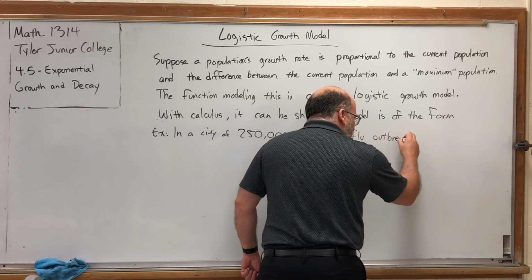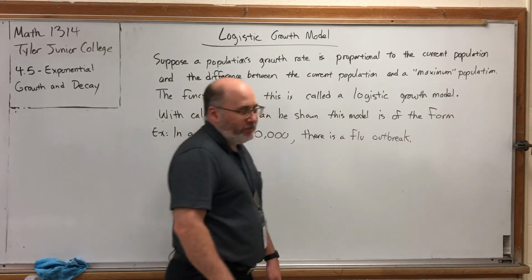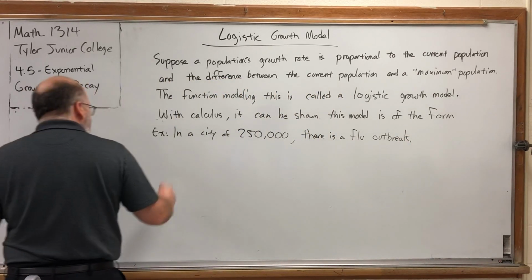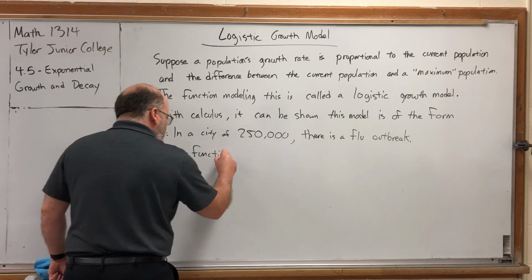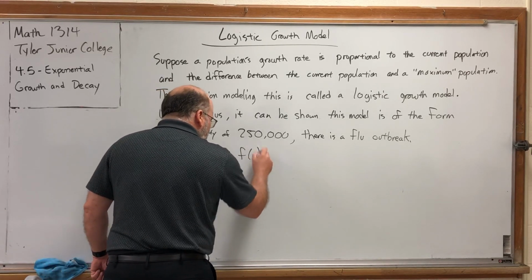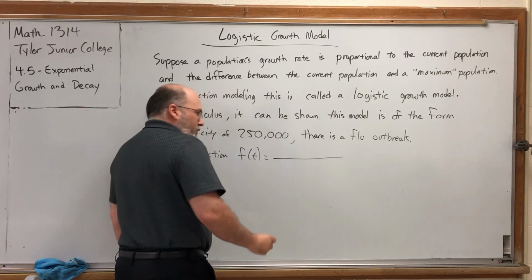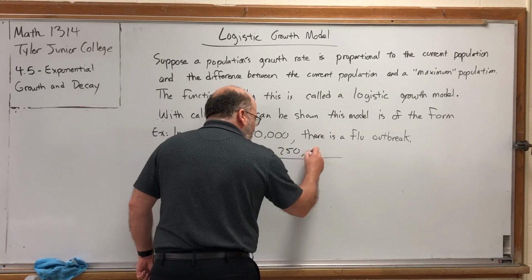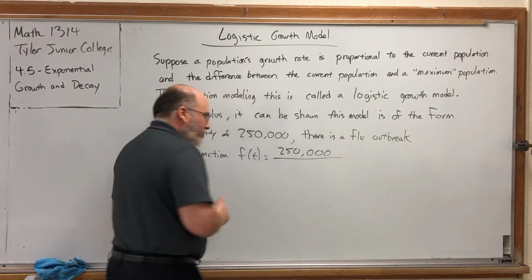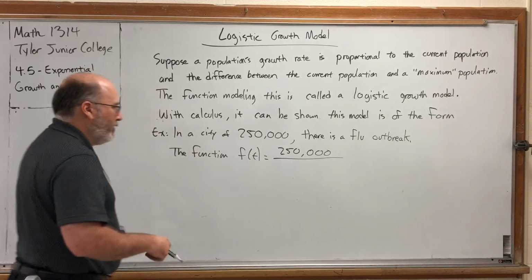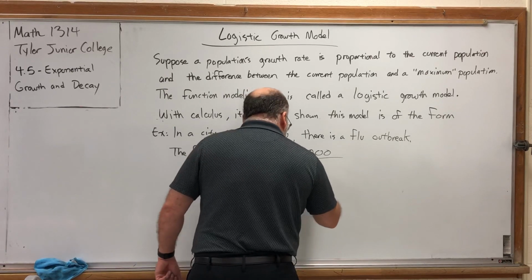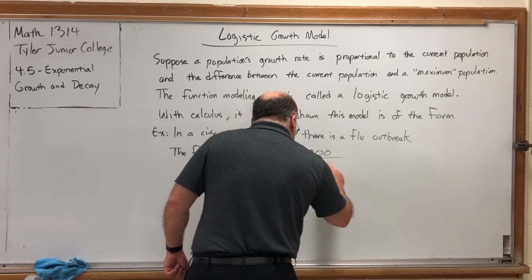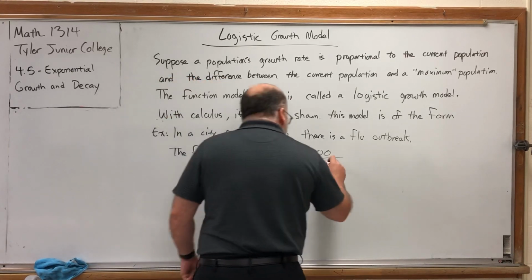Or insert outbreak of your choice. The function f of t equals 250,000 on top, because that's the maximum population of the city, or the current limiting population, if you will, over 1 plus 4,000 e to the negative 1.5 t